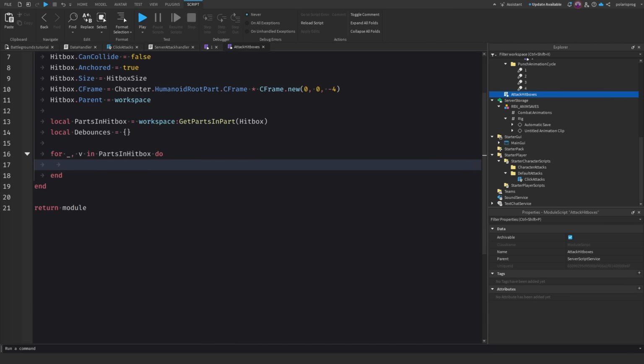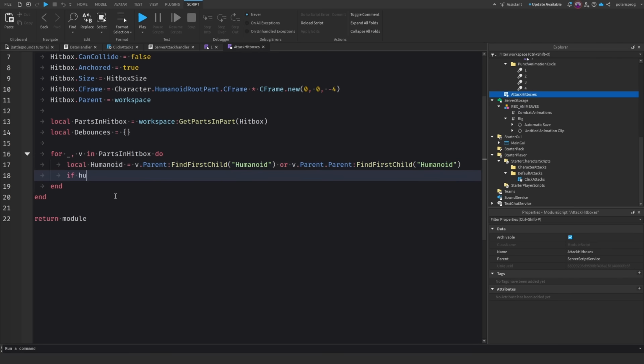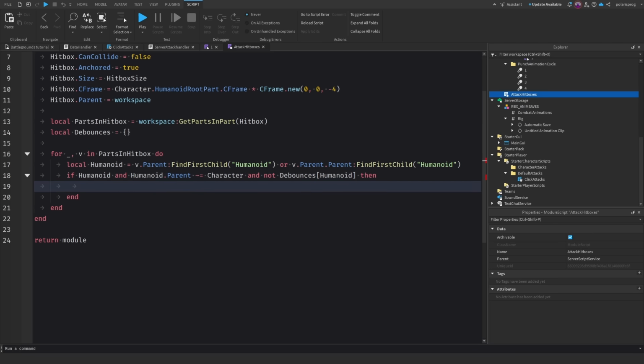And what we need to do is get the humanoid. So local humanoid = v.Parent:FindFirstChild("Humanoid"). Okay. Now what we need to do is check if humanoid and humanoid.Parent is not equal to the character. So if the humanoid that we are trying to damage and is in the hitbox is not the actual player who punched, then we're gonna do and not debounces[humanoid]. So if the humanoid is not in that debounce table, then